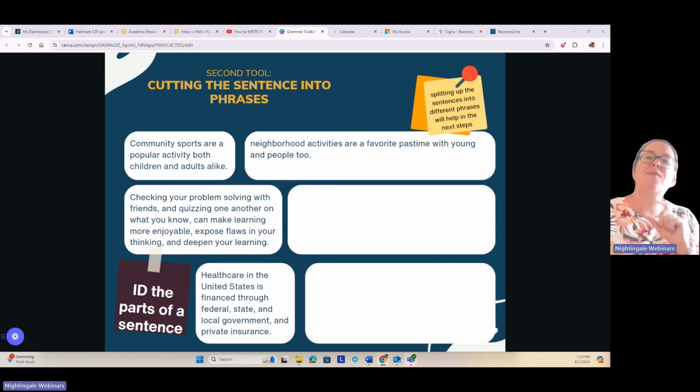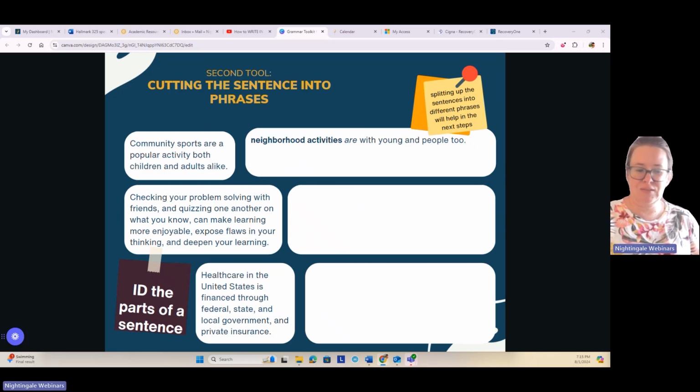So we want to think about what parts of the sentence go together, what words have to stay together to keep this meaning. So if I have this sentence, we're talking community sports is one part, that's one chunk, right? So I change that to neighborhood activities, that's mine. So I'm gonna say neighborhood activities. Are, the verb, is by itself. A favorite pastime, a popular activity. This part goes together. I'll make this part not yellow, that's ugly. How about the green?